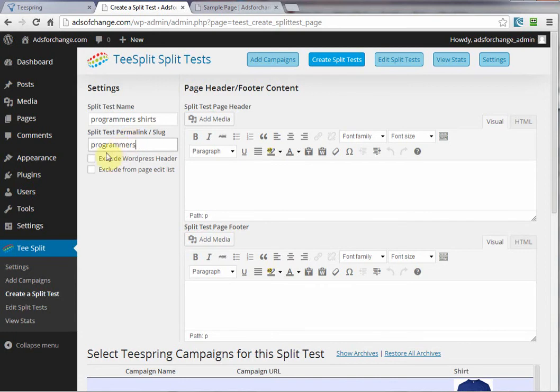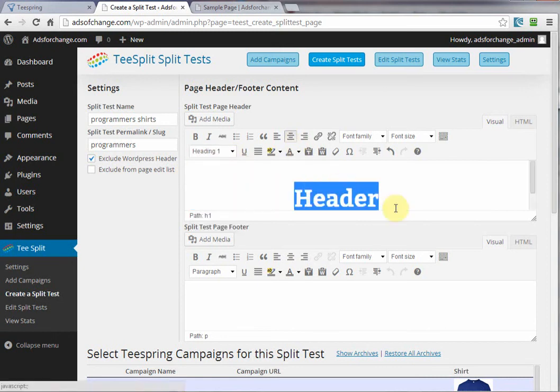And you can exclude the WordPress header from the page if you wish. I'm going to go ahead and click that. Ignore this for now; we're going to get rid of this in the next version. But for now, just go ahead and enter a header if you want. You've got full control of this. Set paragraph, heading 1. Center it, type whatever you want,